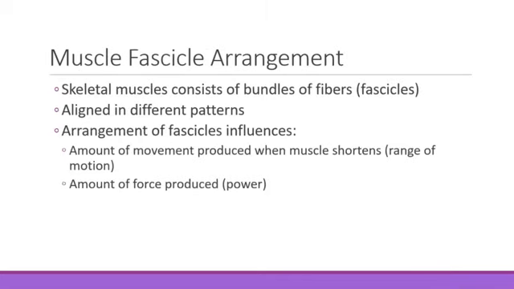So first we're going to talk about muscle fascicle arrangements. We know that skeletal muscles consist of bundles of fibers, also known as fascicles. These are aligned in different patterns, and the arrangement of these fascicles will influence the amount of movement produced when the muscle shortens, also known as the range of motion, as well as the amount of force produced, or the power. So we know that skeletal muscle fibers can shorten up to about a third of their resting length as